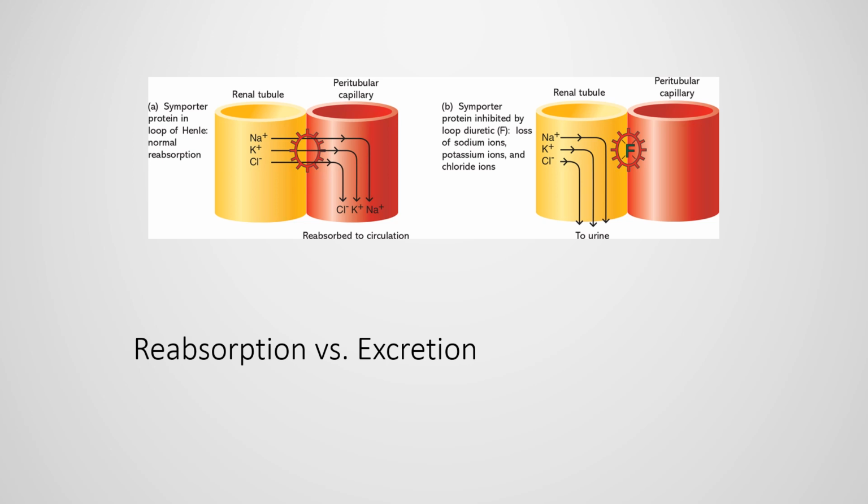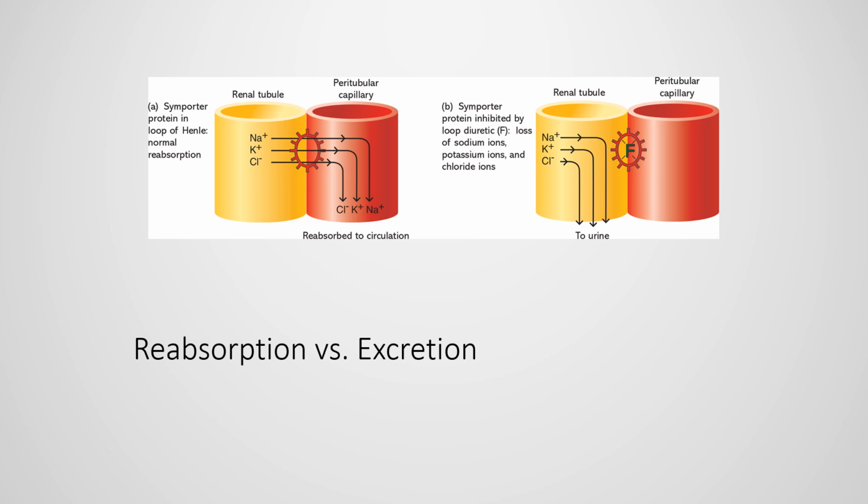So your body doesn't get too nervous about filtering a lot of electrolytes and water into the nephrons of your kidneys, because it knows it can get it back by reabsorption. And it knows it can also get rid of more things by secretion into the nephrons. And the balance between those two processes, reabsorption and secretion,